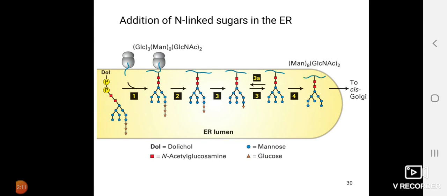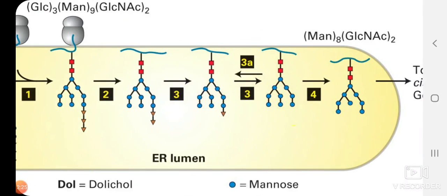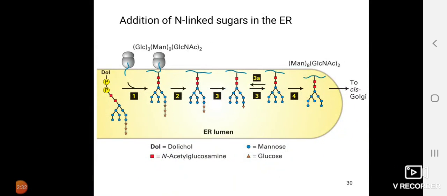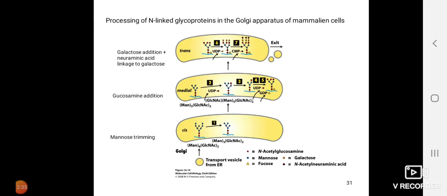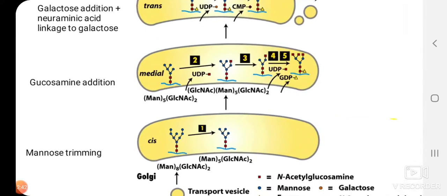Followed by that, this sugar tree attached to the protein molecule, either a membrane bound protein or a free protein, is going to get vesicularized. There will be formation of vesicles at the endoplasmic reticulum, at the end of the fourth step, and that vesicle is going to get transported to the cis face of the Golgi complex. In the Golgi complex there are different components of the Golgi.